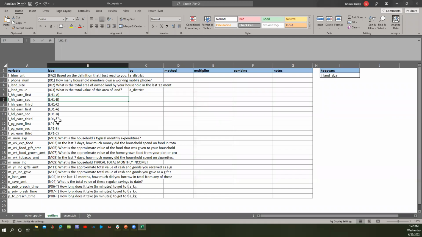So when you combine, you are saying to consider all the variables for the specific rule as one variable. Consider all the values as values for one variable when you are calculating the interquartile ranges, standard deviation, minimum, maximum, and all that, which allows you to flag outliers more efficiently.